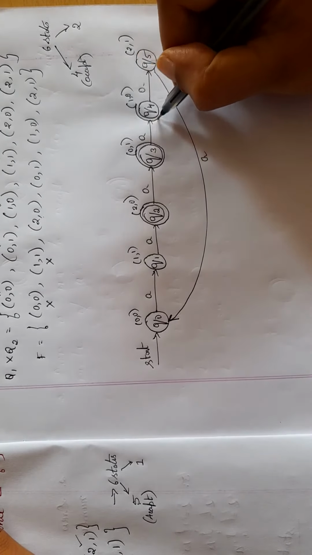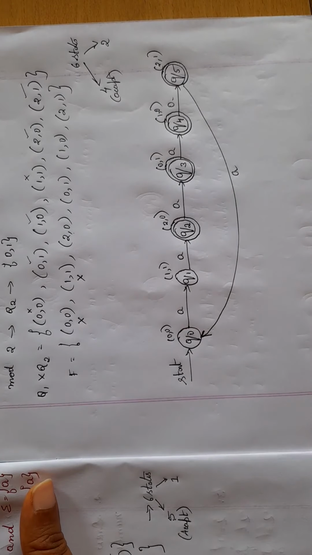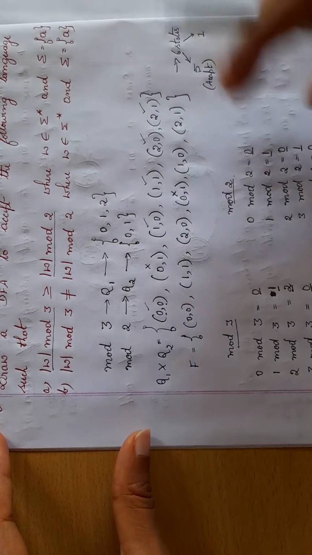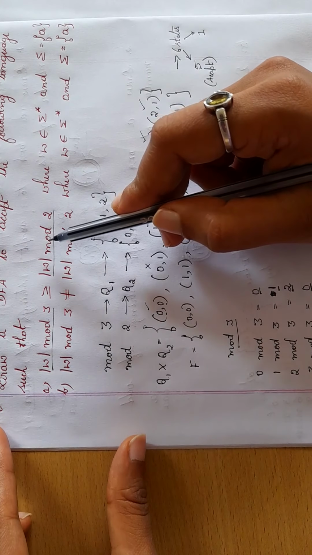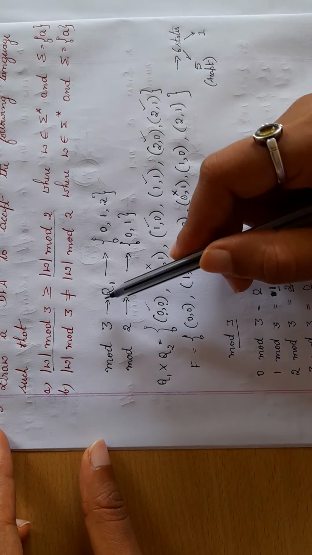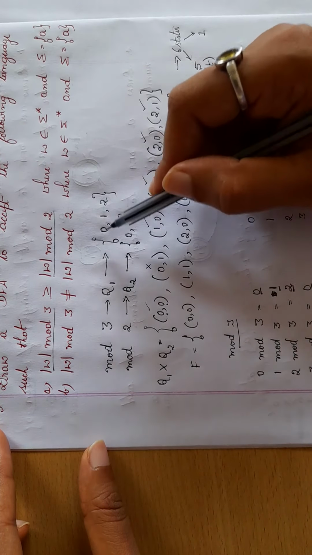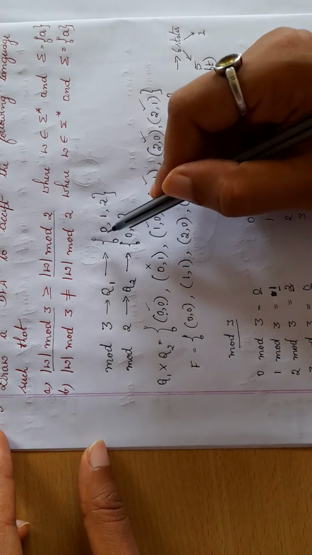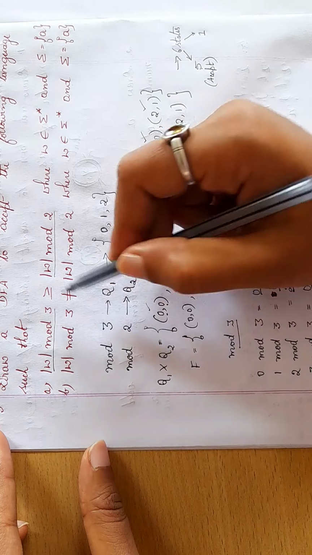Okay, so you're done with the DFA. Once again, in the same question, now I have only A. If they ask for A and B, the diagram remains the same. So instead of A, write A comma B, A comma B, and so on. So this is an example of mod 3 and mod 2. In case mod 5 is asked, then what happens? If mod 5 is asked, then the possibilities are 0, 1, 2, 3, 4. Then according to the question, proceed.